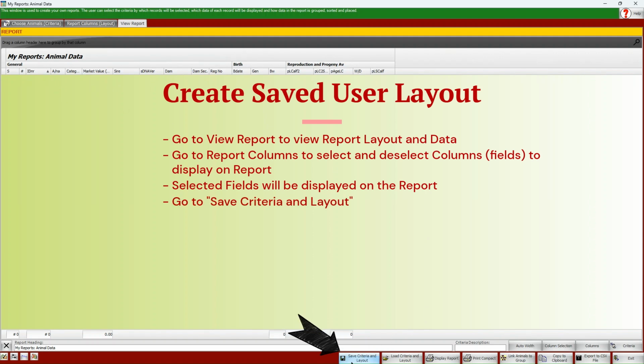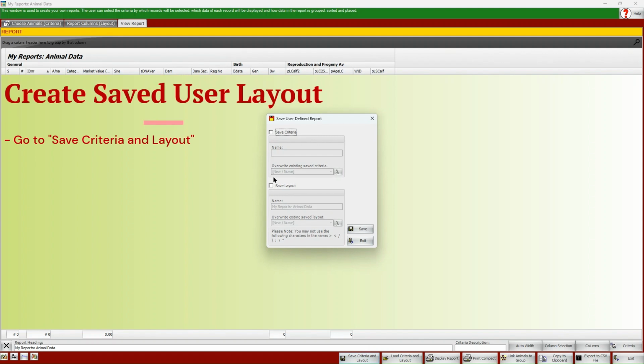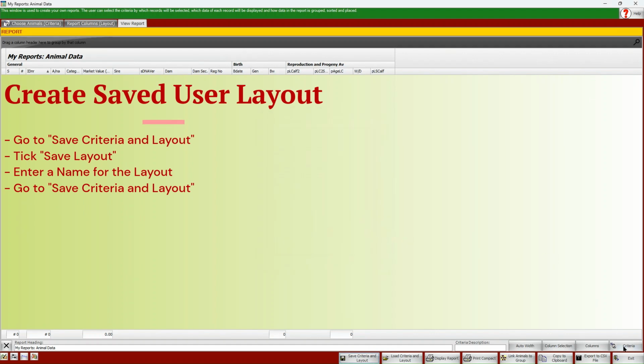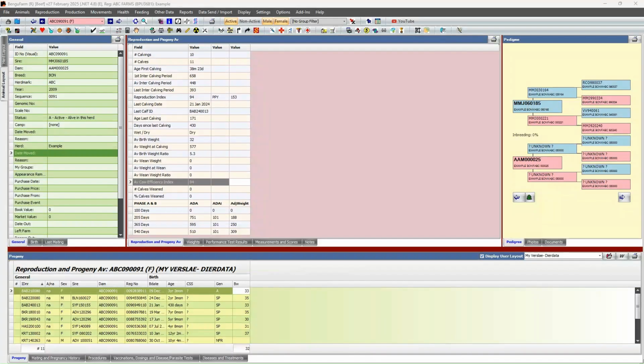So you go to the bottom to save criteria and layout. And I want to save the layout. Let's call this training example. And I'll save the layout. So back in our main screen, at our animal layout, if I look in the drop down of Save Layout, the training example is now visible.